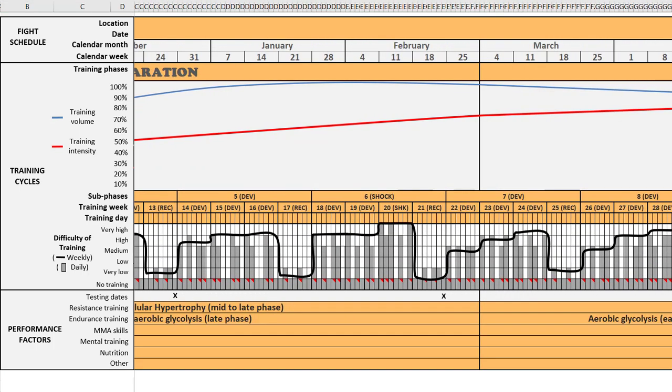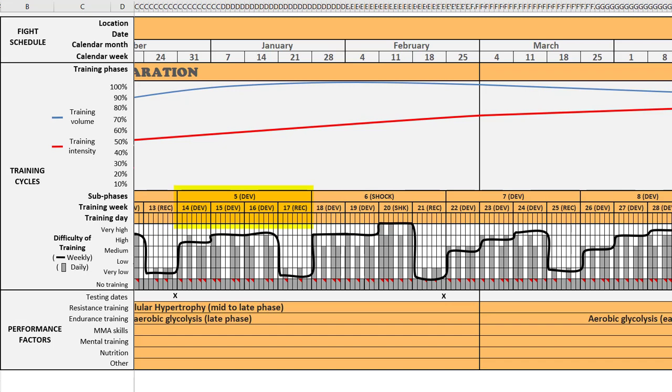Okay, so let's have a look at subphase 5. Again, this is a developmental subphase with a 3-to-1 loading plan. So in week 14, we're slowly increasing training volume and intensity across this fight plan. That's reflected here. This subphase features endurance intervals in the 3-minute range, starting off with 5 to 6 intervals. And this work is performed twice this week.